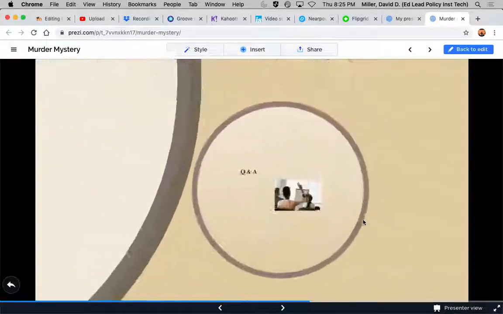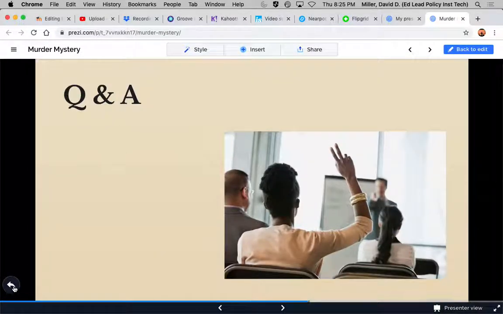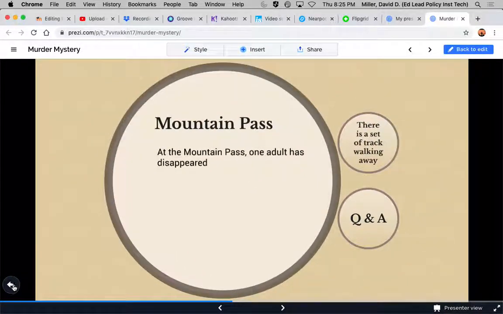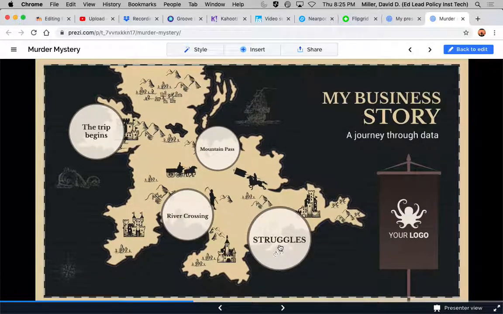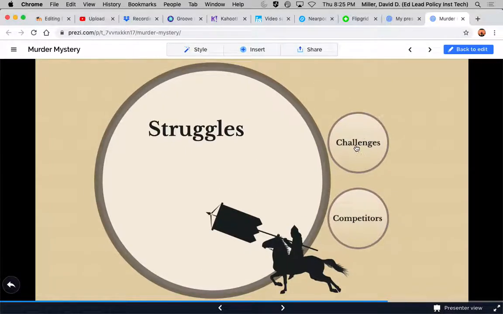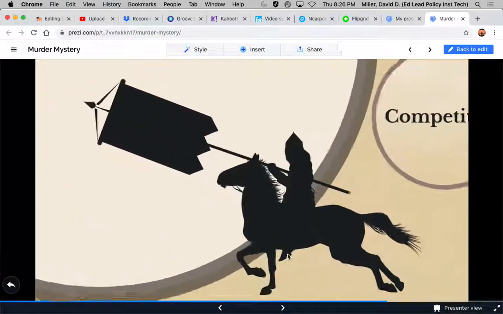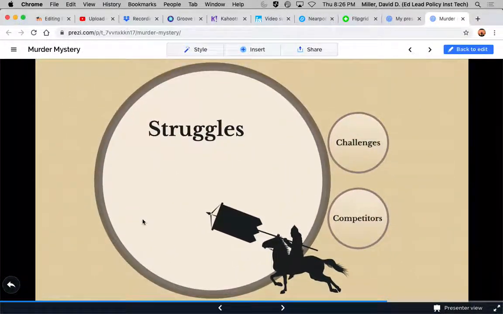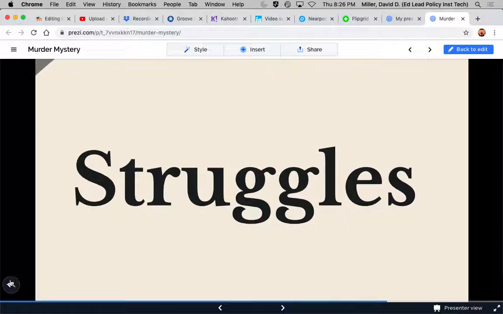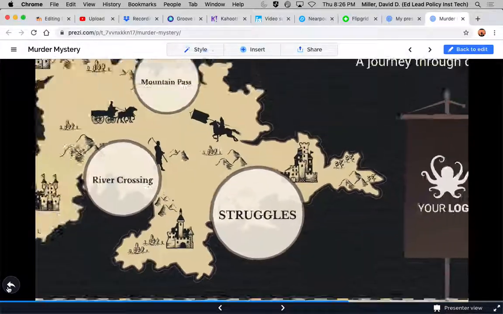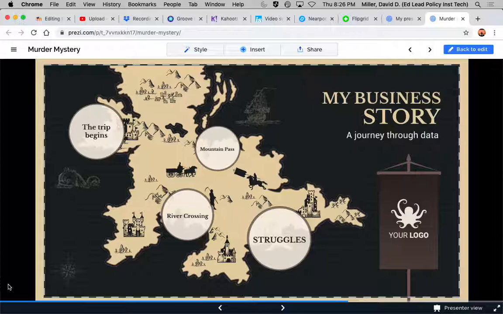You have to build it for the kids, but then it gives them the opportunity to really figure stuff out. A murder mystery is a great way for them to get some investigative skills. I teach science, so we're doing peppered moths, for example. We're going to do a version of this where they're web questing through peppered moths during the Industrial Revolution and how they changed from white to black. All of these different things are possible because it's not like a PowerPoint where everything goes in order. Kids can just click on the arrows.